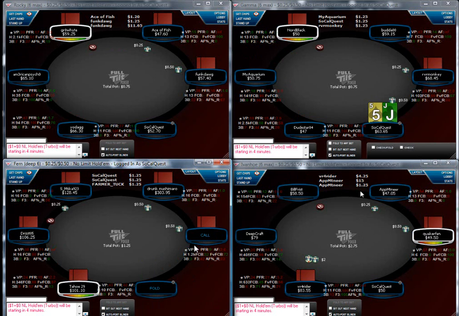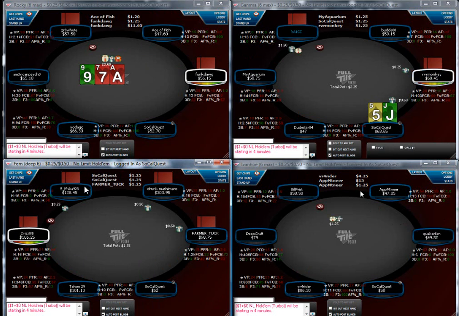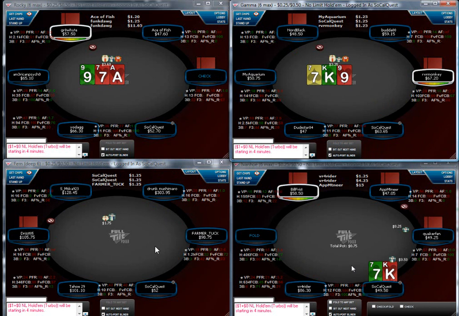This table appears to be pretty loose and aggressive here at the bottom left, Fern. This player is playing 38-31, small sample. This one 24-19. Drunk Mashimaro playing 25-19. So with deep stacks and whatnot, I'm only playing 100 big blinds deep, but